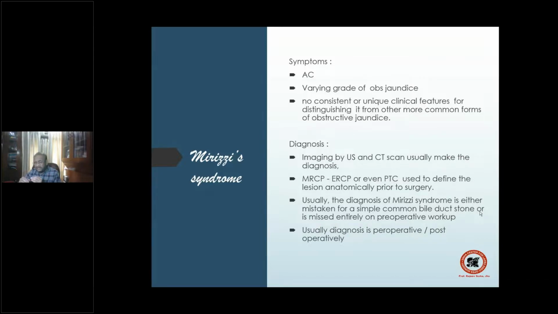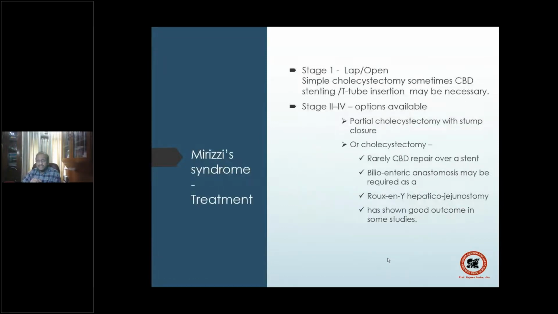So when you're operating on this patient, either laparoscopically or ERCP, and you find that there is a second communication, that may be missed, but more often than not with the MRCP, ERCP, or a CT scan, usually you know, right? In early days, I told you it was usually a peroperative diagnosis. So the treatment is simple. Stage 1, do a cholecystectomy. Simple cholecystectomy. You may require a CBD stenting or T-tube insertion, may be necessary in stage 1, but usually not